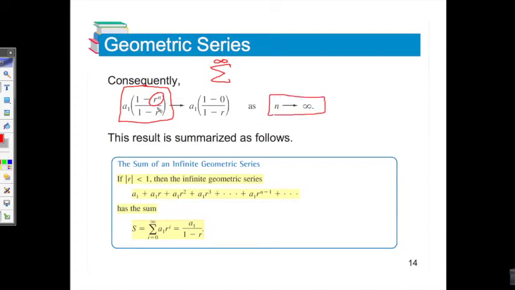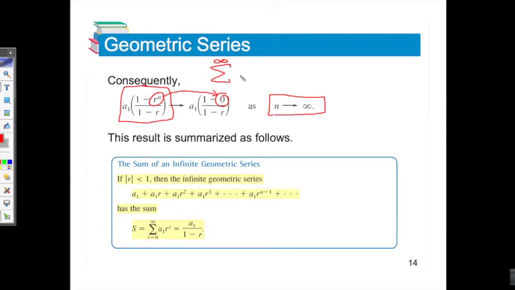When that happens, as long as the r value is a number that's non-negative but less than 1, so meaning it's a positive fractional value less than 1, that fraction, when being raised to a larger and larger power, becomes closer and closer to a 0. Right? So this thing becomes closer and closer to a 0 as we get closer to having an